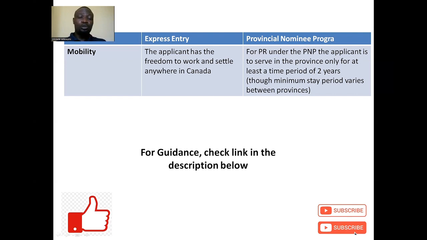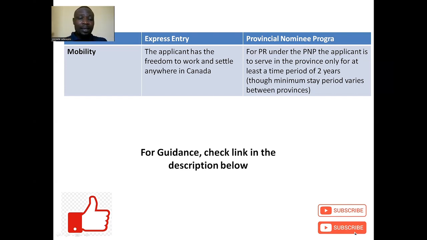Okay, even if you want to leave the province and move to another province, if you don't satisfy that particular length of time, usually 2 years, it depends on the province, there is a minimum period of time that you have to stay in that province after they have approved your application.